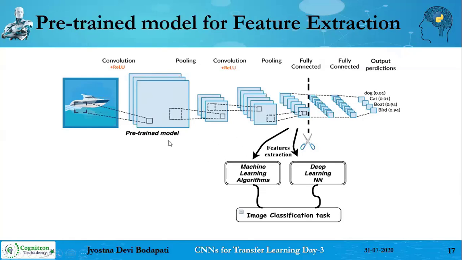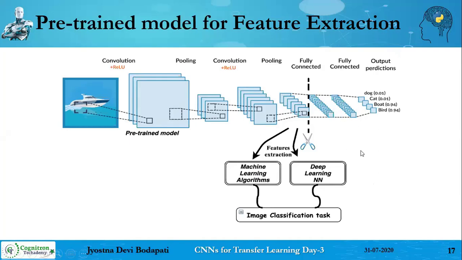So when this CNN is learning different sets of features, can I use this model as a feature extractor, like GIST or HOG or SIFT? Similar to that, can I extract deep features from one of the pre-trained models? Yes, you can do that. Basically we extract the features from the final fully connected layers, either from the first fully connected layer or from the second fully connected layer.